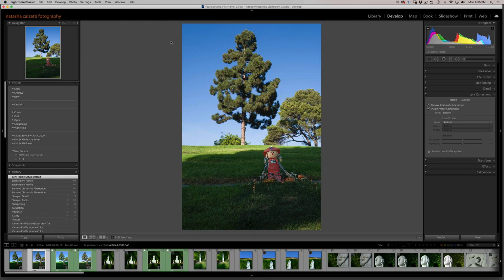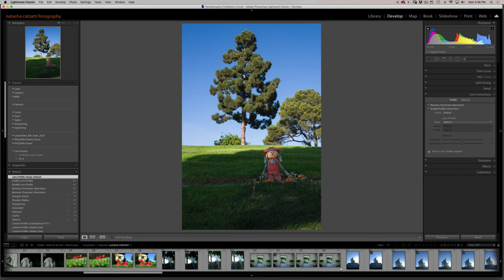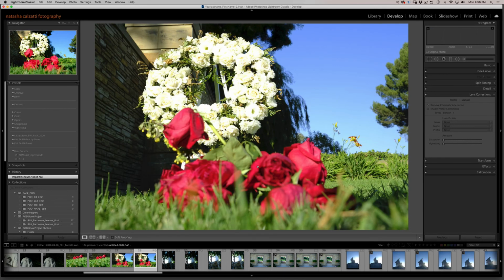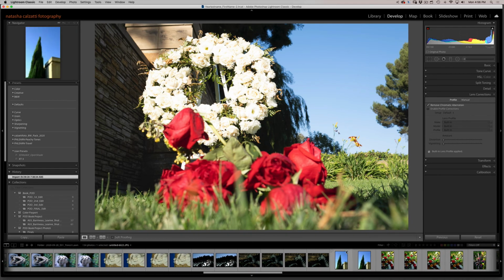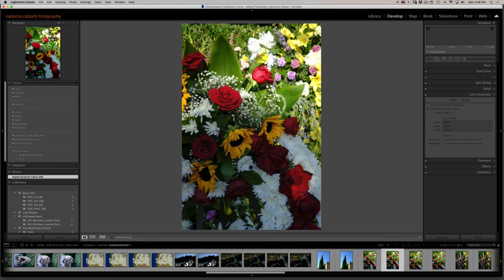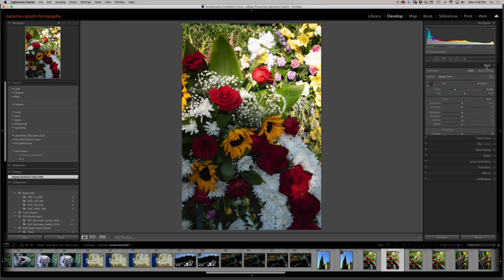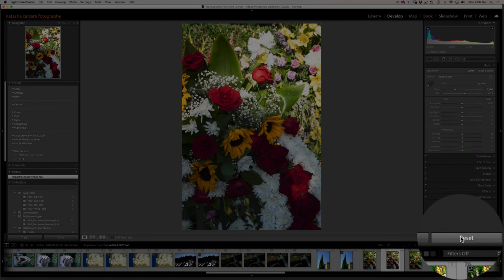So let's see how this works out now. I'm going to go ahead and close it. So I'm going to go ahead and choose a different image. Let's choose some colorful image. So here we go. So here's some reds and things like that. Maybe, let's see what we have. Here, we got more colors here. There's lots of colors. So if I open up my basic panel, notice it's under Adobe Color and nothing is set. If I click on the Reset button,